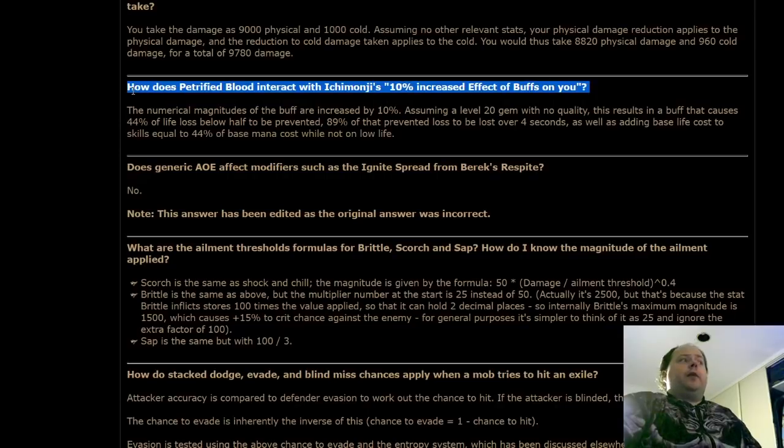Here's an interesting interaction that I didn't think of. So the unique sword Ichimonji has the effect 10% increased effect of buffs on you. And a question was asked about how this interacts with petrified blood. And essentially, the numerical magnitudes of everything about petrified blood are increased by 10%. This is true of both the positive aspects of petrified blood, which is that 40% of the damage that you suffer is deferred until later, but also of the negative aspects of it, which is that 81% of